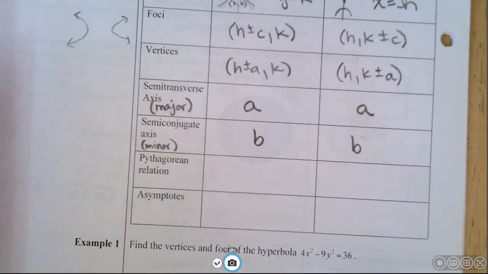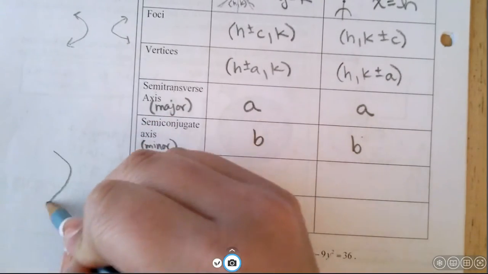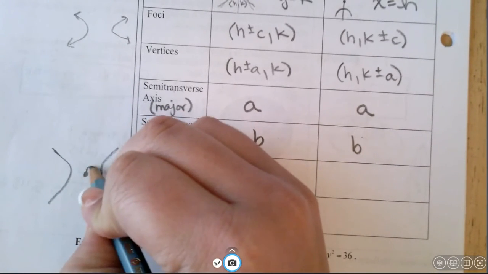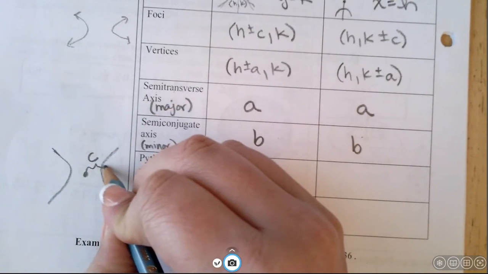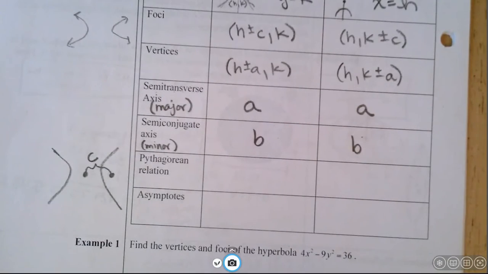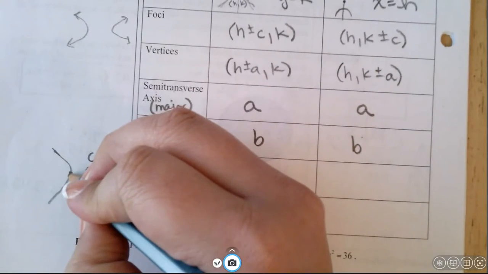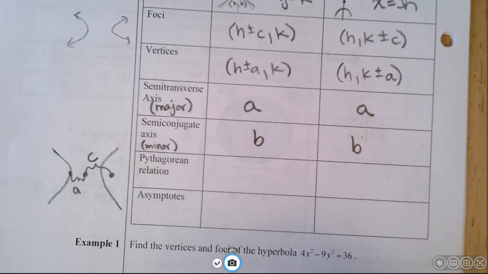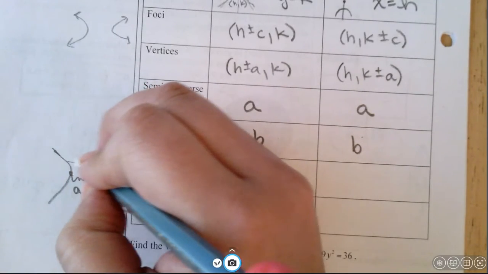Okay, so the Pythagorean relation. Now for an ellipse, we said that a squared equaled b squared plus c squared. But notice now, and I'll draw another hyperbola here, the center, so my distance c goes all the way out to the focus. My distance a is inside, so a is now smaller than c. a is not the biggest anymore. And b